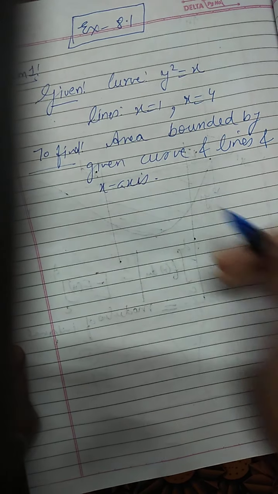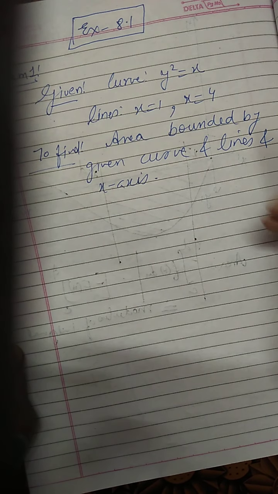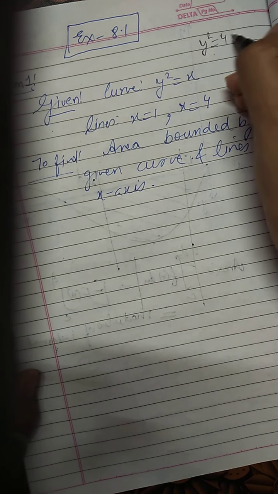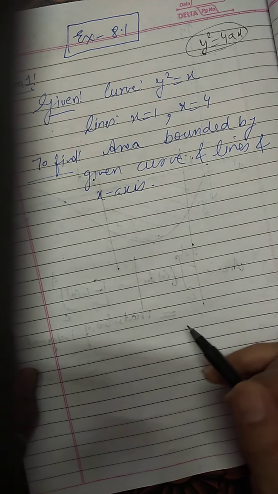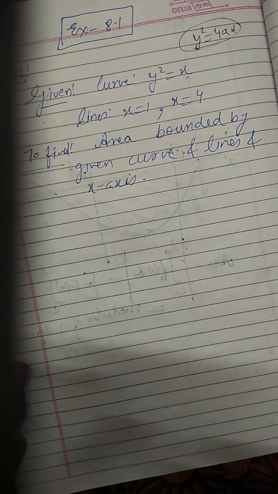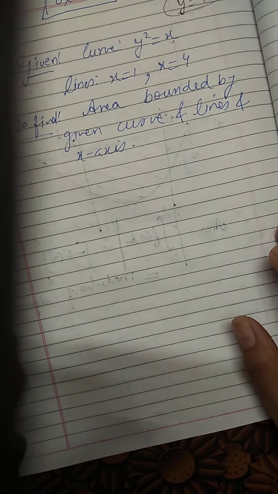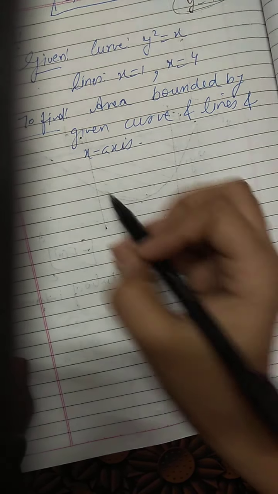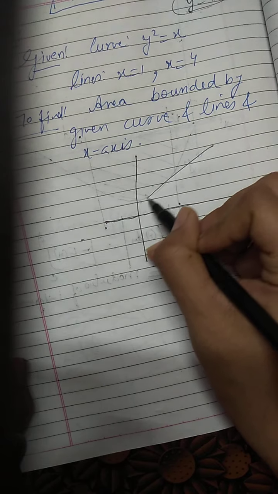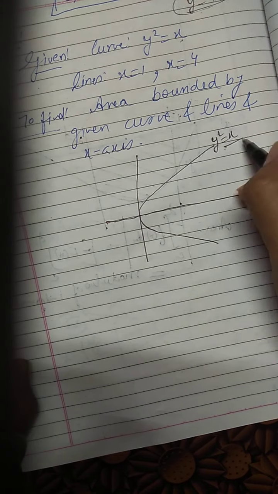First of all we should know what kind of curve is given. Y square equals x means, if you remember, we have done parabolas, y square equals 4ax. So this is a parabolic curve. X is positive, and the variable which is linear tells us the curve opens towards that axis. I hope you remember the concept of conic sections. Now I am plotting the curve. The curve is like this, and we will say this is the curve y square equals x.